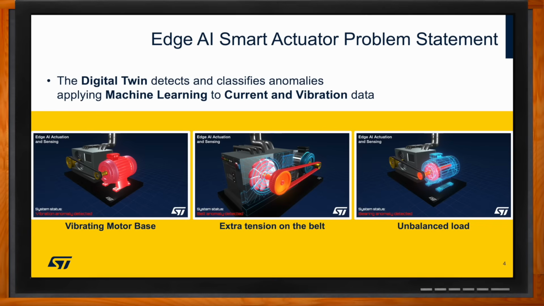The transmission may become more difficult, so that more power must be used by the motor to actuate a belt while keeping the same rotational speed. Or in other cases, the motor load may unexpectedly become unbalanced because of a broken ball bearing or some other disturbance factor at system level. In all these cases, you may want your digital twin to be capable of sensing the events and interpreting them